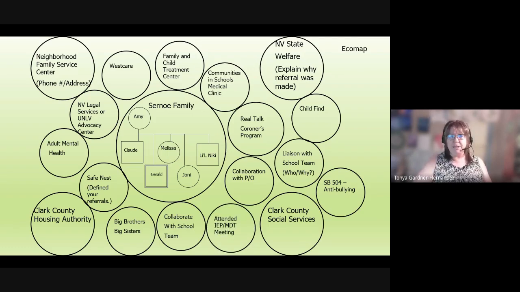And then last but not least, we would want to make sure that we are attending any and all IEP and MDT meetings, so individual education plans or multidisciplinary team meetings, or any type of meetings they're having at the school where you would be the liaison with your team members. So if you're having a multi-tiered systems of support meeting or response to intervention meeting, anything like that, we want to make sure that we are collaborating and working with the school